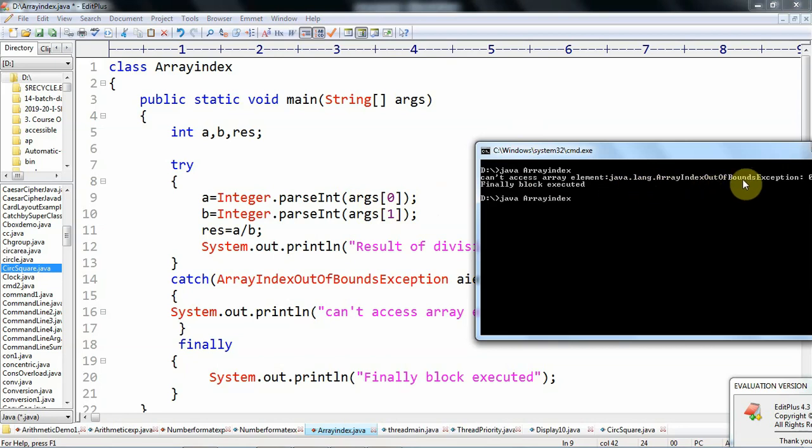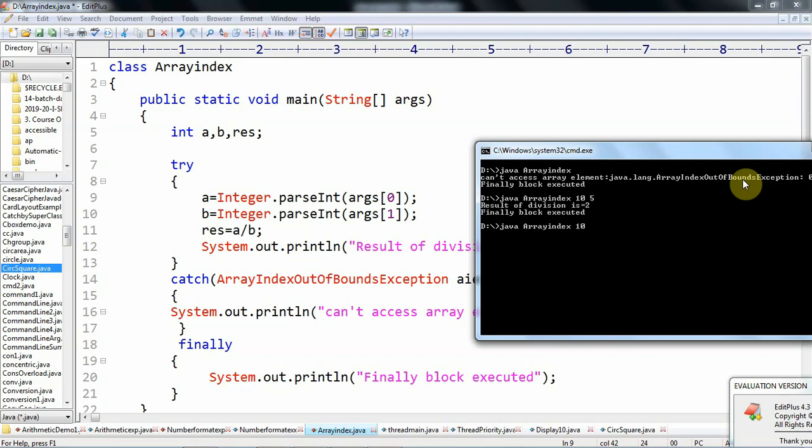Suppose in some other execution I give the values 10 and then 5. The first value is taken into args 0, the second value is taken into args 1, and then those are converted into integer type. In this example no exception is raised, because the array contains two values and we try to access only two values.